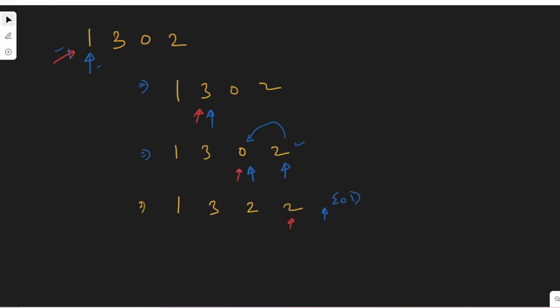Now the red pointer has not reached the end of the array. So what we have to do is keep setting the values as 0 in the array till the red pointer reaches the end. So if you see here, we'll mark it as 0, and now finally the red pointer will reach the end of the array. Okay, so your output will become